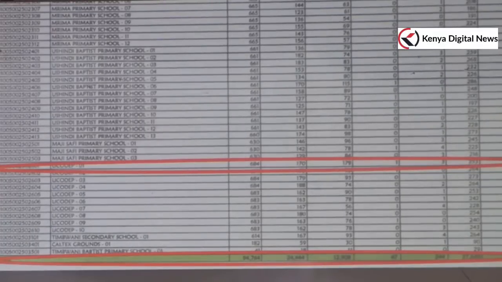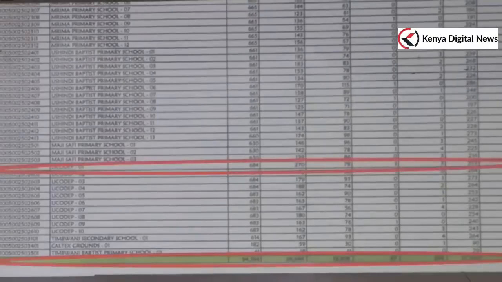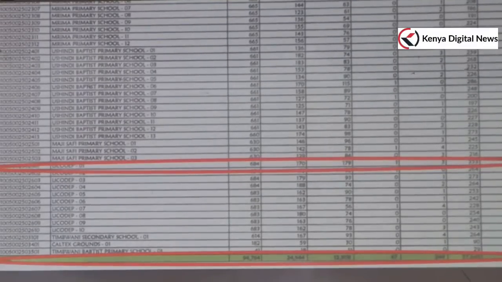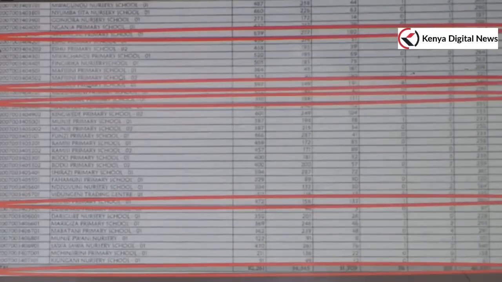And it's only in this one polling station, which is actually station number 1, in a stream of 10 polling stations, which were not touched. Only one of them was touched, and the change was there. I give you another one of a different one. Here, you can see that in this station called Mivumoni Primary School,